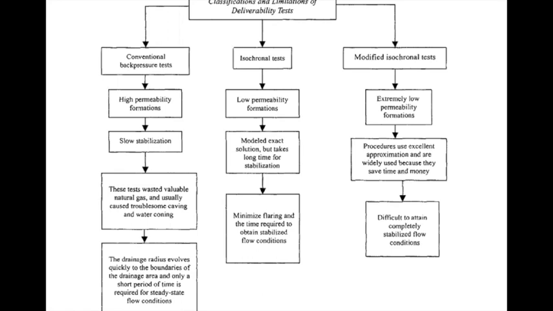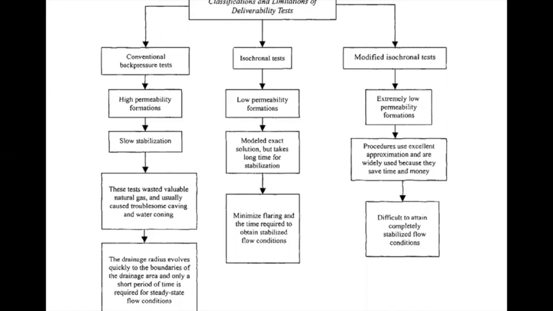Whatever data I have shown you is the data for a flow rate and stabilized value of pressure. That is a very good approximation in the case of high permeability formation, because in high permeability formation you will be able to get the stabilization very soon, right? So this comes under the conventional back pressure approach. Now these are some modifications done in the conventional back pressure test. This conventional back pressure test, we can also term it as flow after flow test.